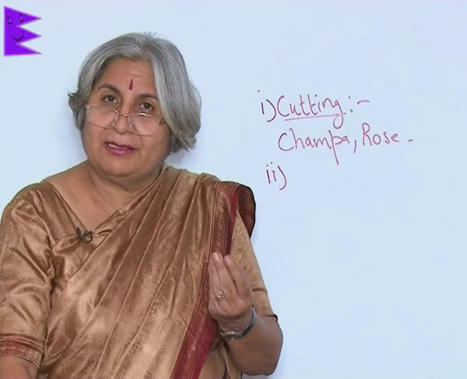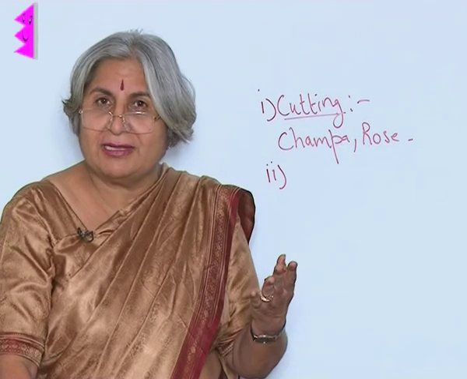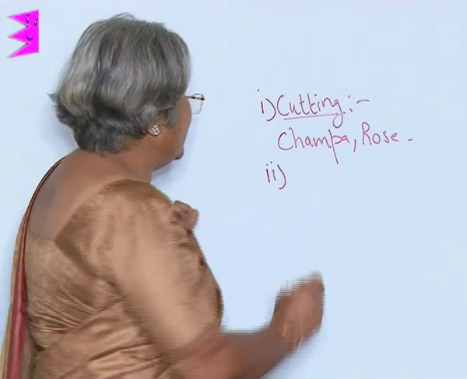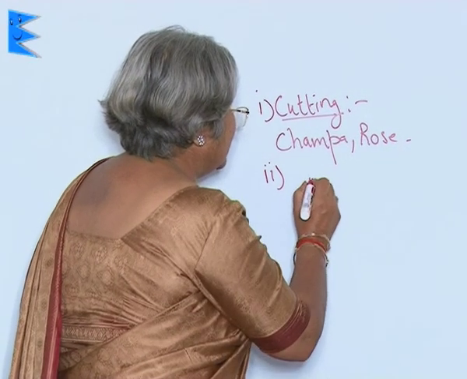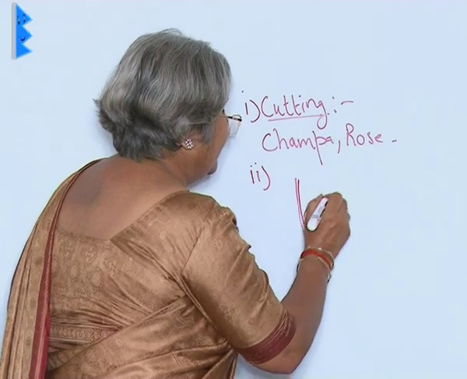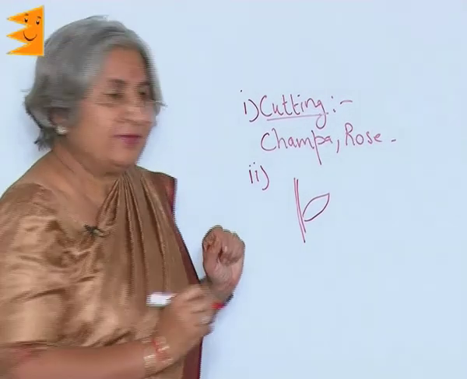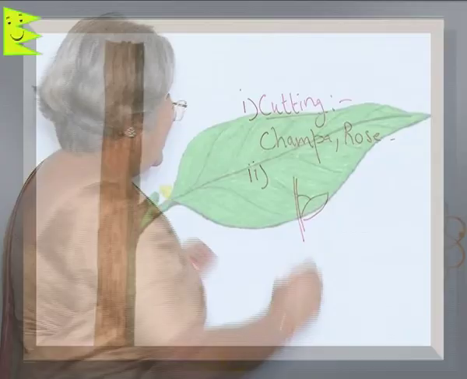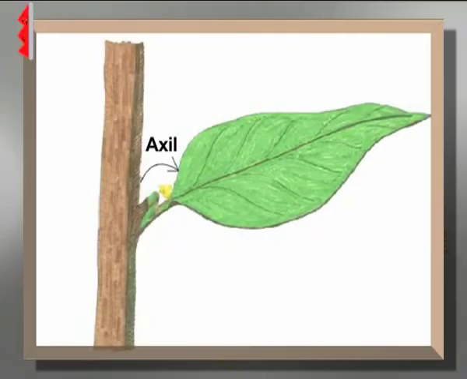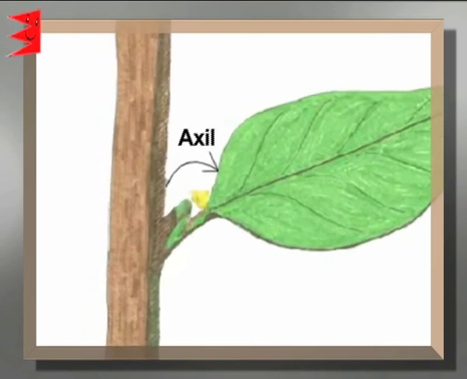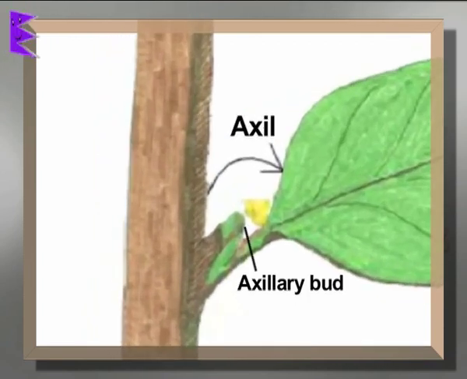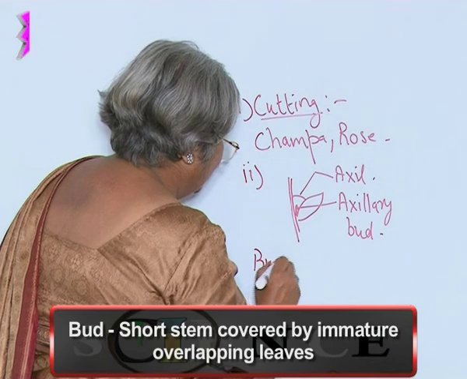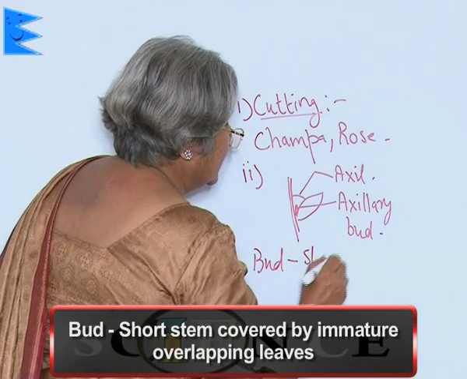Some buds are the floral buds which grow into flowers, but in addition to this, there are other buds in the axil of the leaf. What is the axil of the leaf? The angle between the leaf and the branch or the stem, like this is the axil. In this axil, there is a bud which is called the axillary bud. This axillary bud is actually a shortened stem. Bud is a short stem